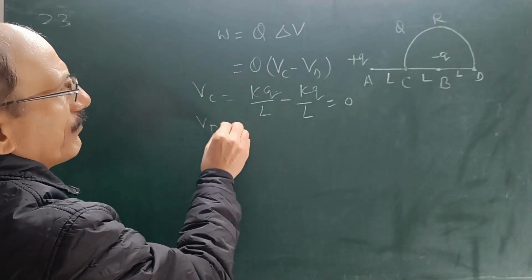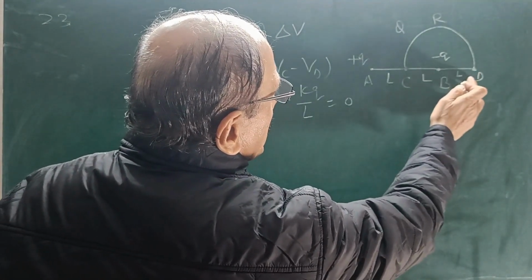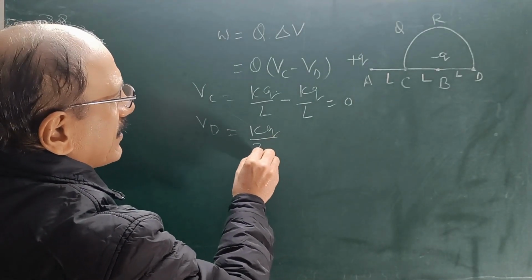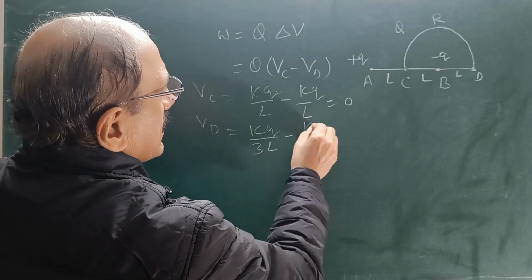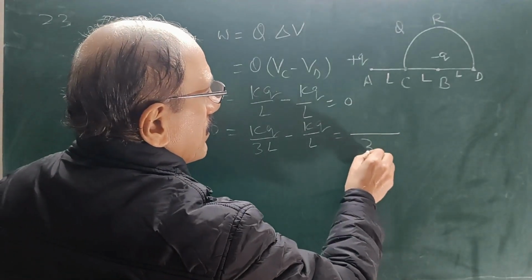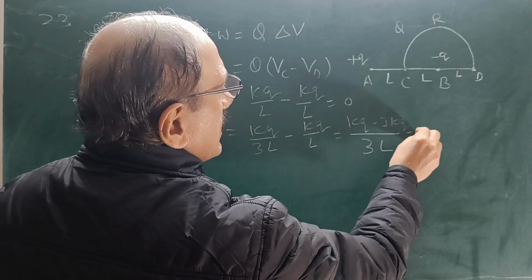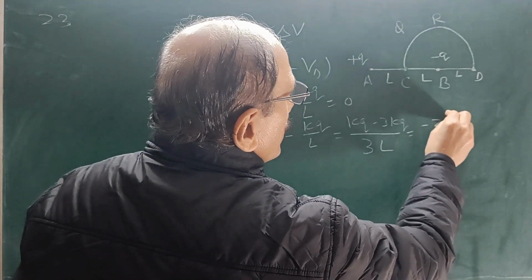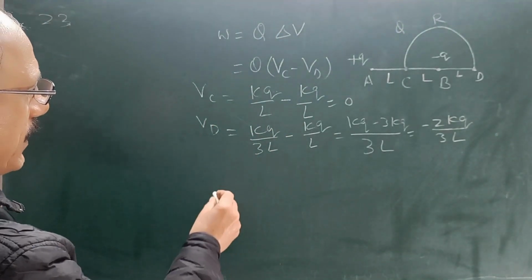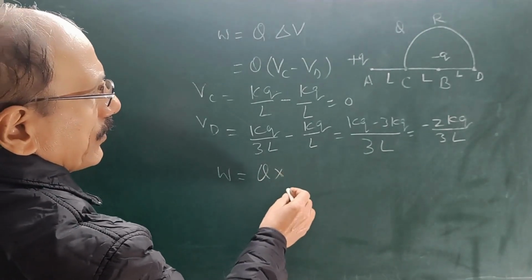And VD will be equal to the potential due to A and potential due to B. So that is kQ upon 3L minus kQ by L, that is kQ minus 3kQ, that is minus 2kQ upon 3L. So the work done will be equal to q into